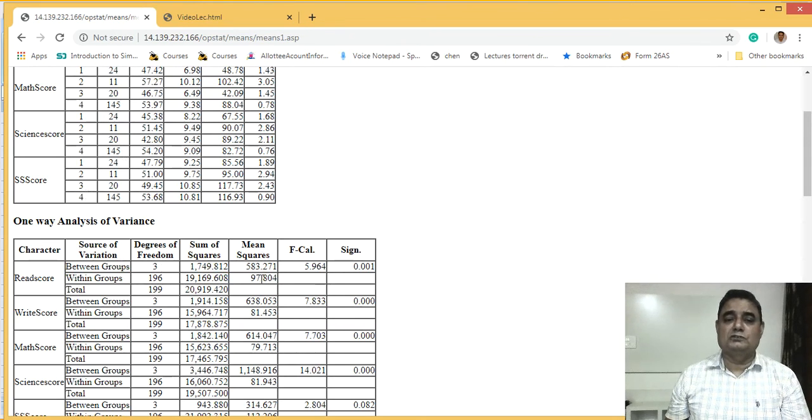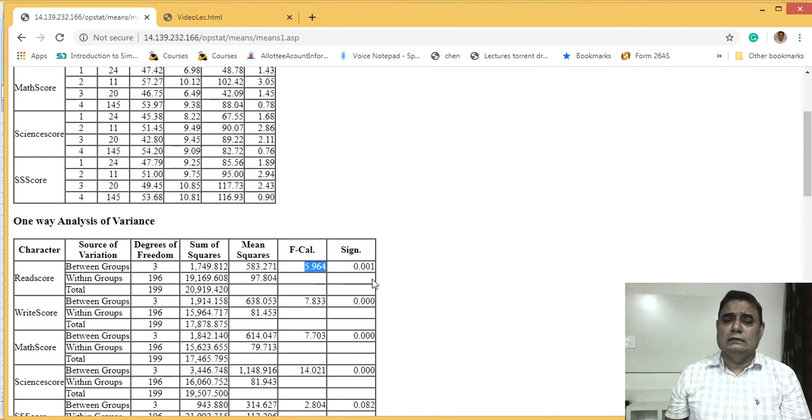And we will find out the mean square. Actually these are the variances. The sum of squares divided by the degrees of freedom becomes the sample variance. So it is the error variance and the variance due to between groups, and if we take the ratio of these two, we will get the F value.